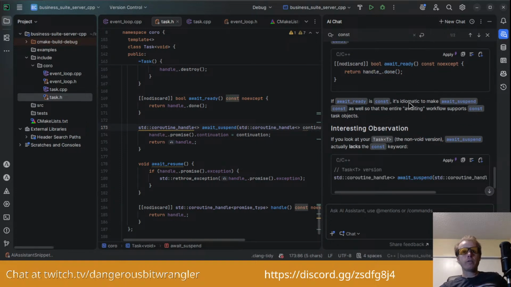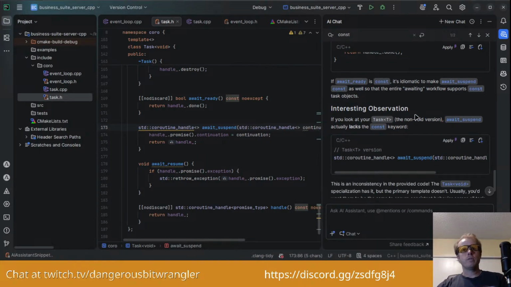If await_ready is const, it's idiomatic to make await_suspend const as well, so that the entire awaiting workflow supports const task objects. If you look at your task, the non-void version, your task template, await_suspend actually lacks the const keyword.